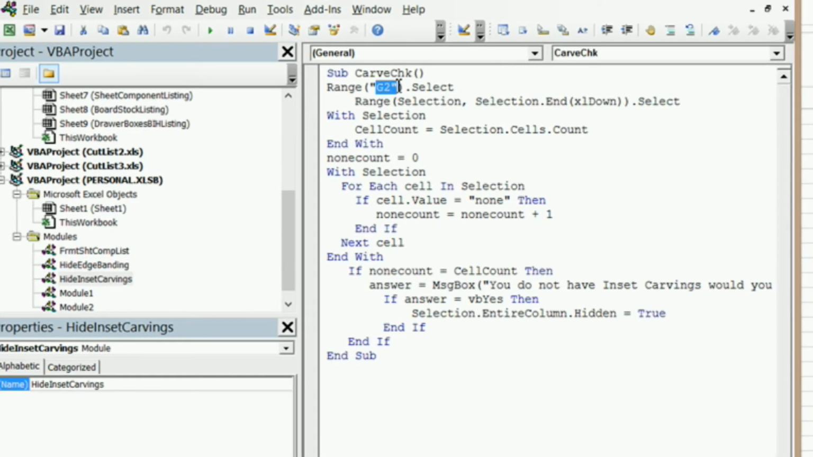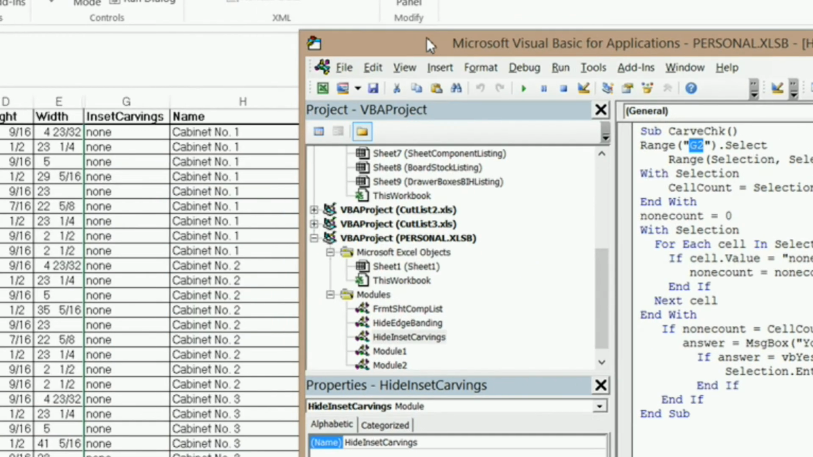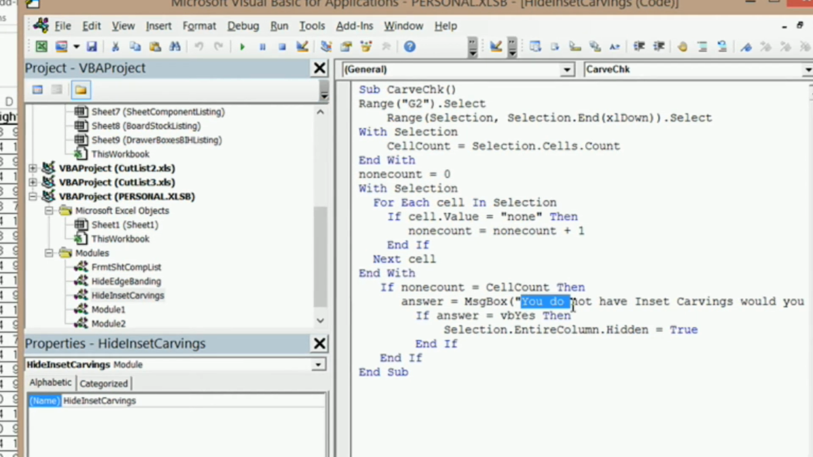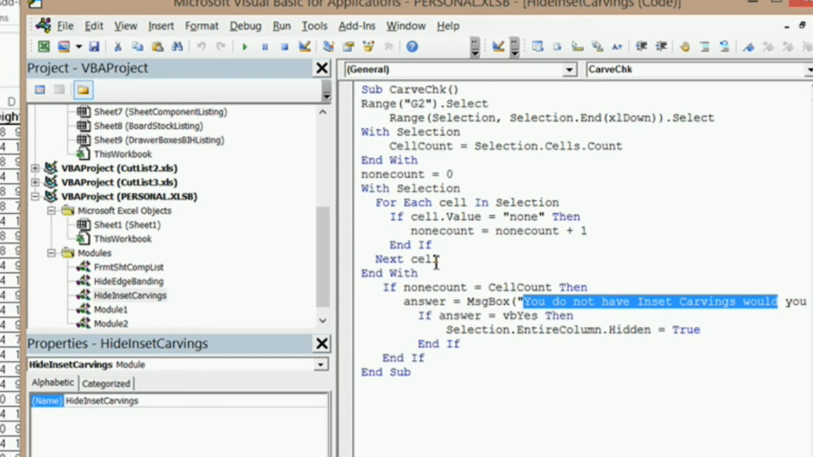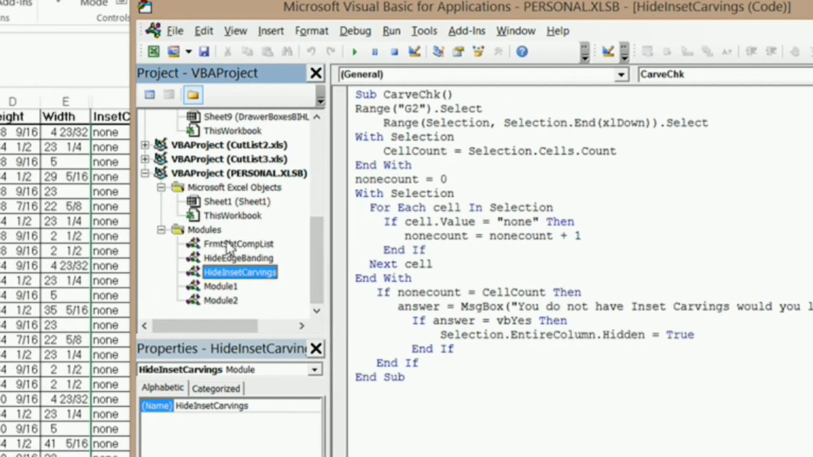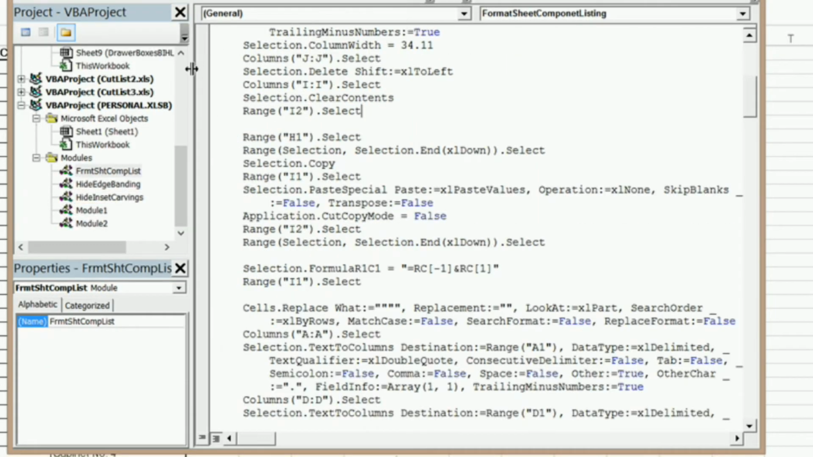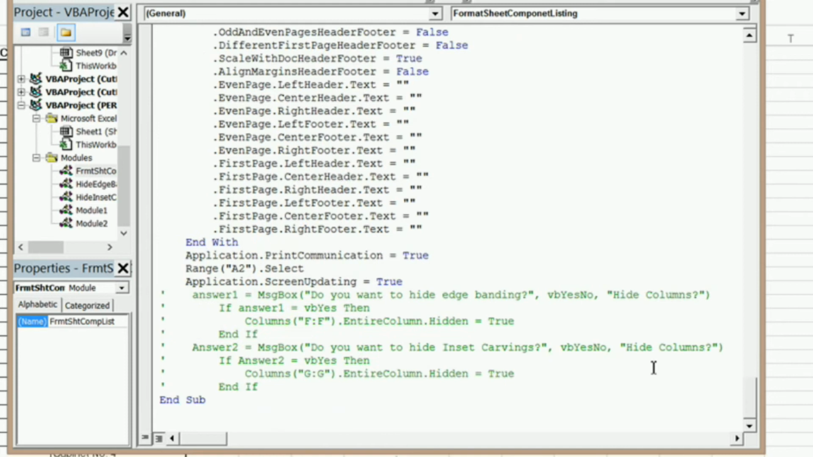And then I changed the column selection, where I selected F2, I changed that to G2. And then I changed my prompt from hide edge banding to hide inset carvings. And that's the only thing I had to change. So after I got all that, what I need to do now is go into my format sheet component listing macro here, the one that I recorded earlier and modified, and down here I'm going to leave this for now. I'm going to go right here at the end of End If, and I'm going to hit enter,